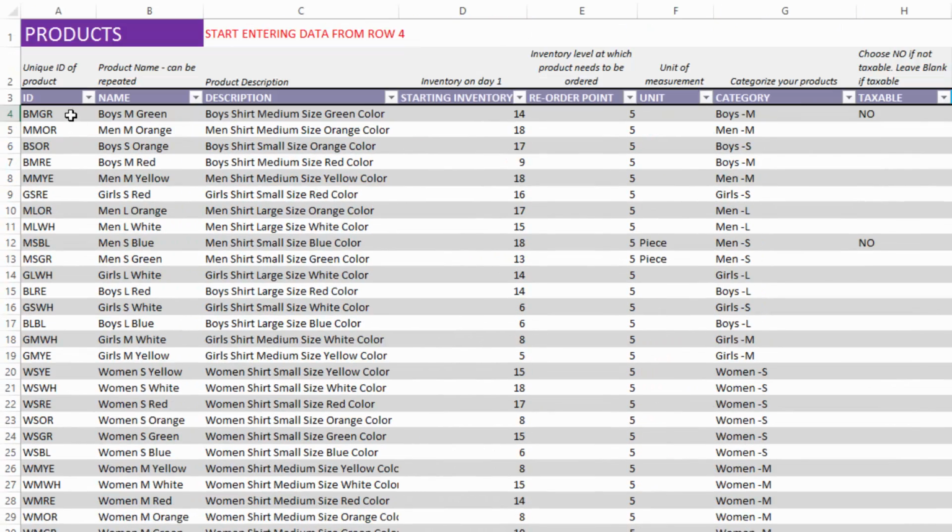And the ID is the product ID, which is going to be the unique identifier. So it's very important that we don't have duplicates in this column. And then we enter the name, description of the product. The starting inventory is the amount or the quantity of each of these products that you